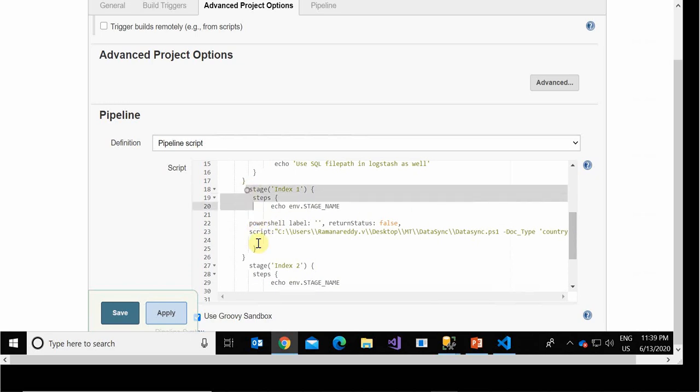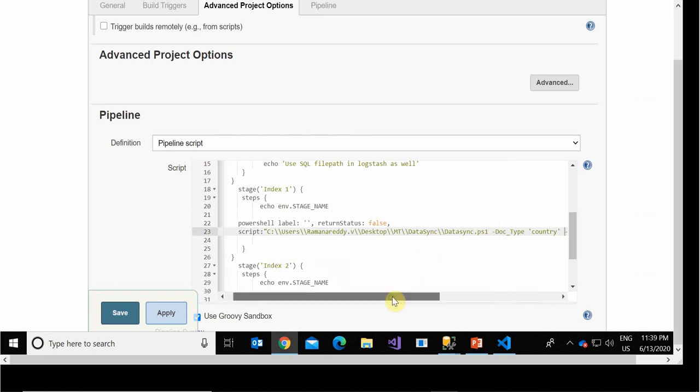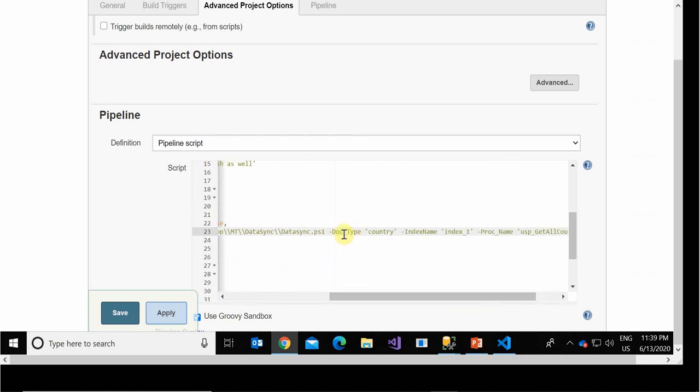In stage 3 I am creating index 1. This is my PowerShell file path. I am passing three parameters. One is the doc type. Doc type is country. Then my index name, what I need. I gave index_1, as well as my procedure name,